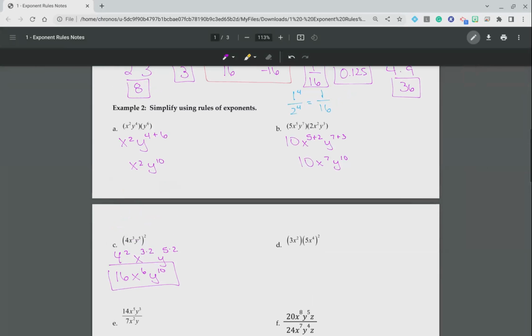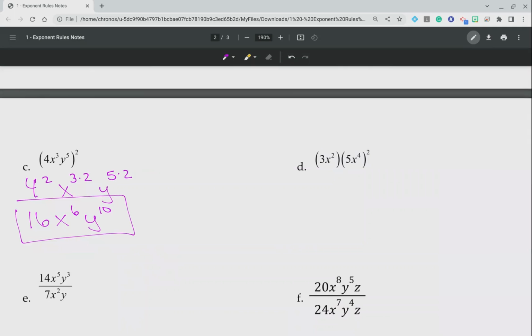Notice the difference between when you add the exponents and when you multiply them, okay? If you're multiplying the bases together, you add the exponents. But if you're taking an exponent to another exponent, then you have to multiply the exponents,